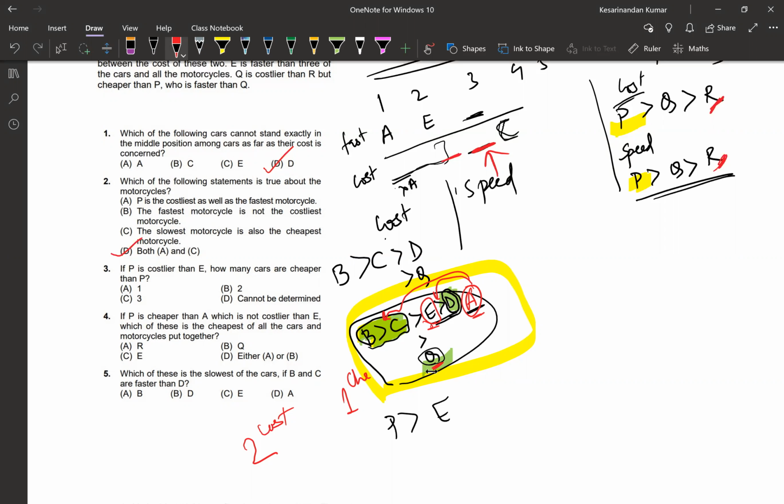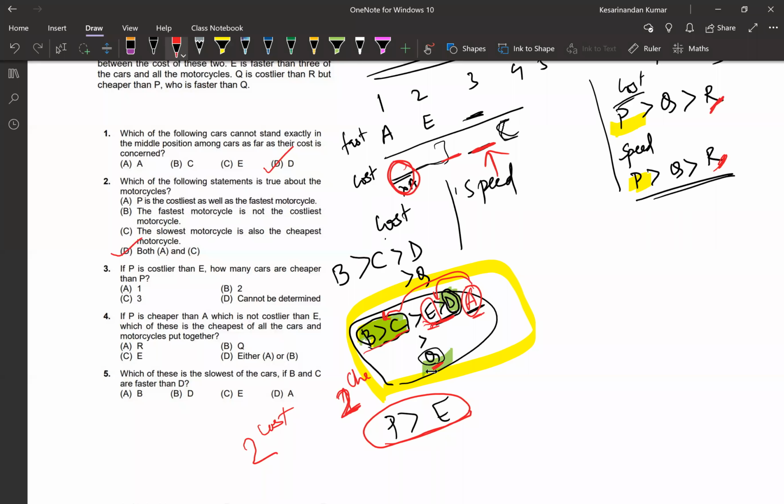Okay. The only thing I know is P is greater than E. So B, C is done. E is done. Sorry, this is 2. My bad. This is E and D is done. Am I sure about A anywhere? Can I determine the position of A from anywhere? I just know that it cannot be in the first position. That is fine. But can I determine its position from the given information? No. That's it then. We cannot determine.